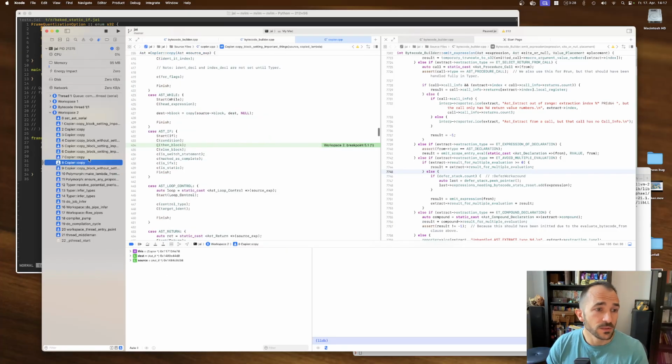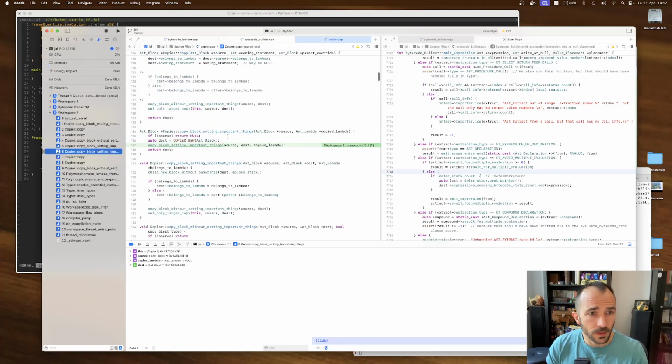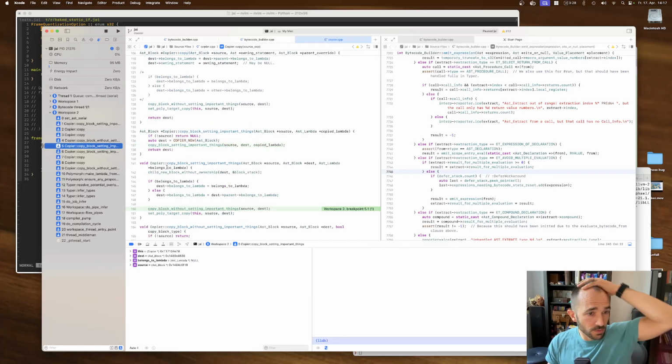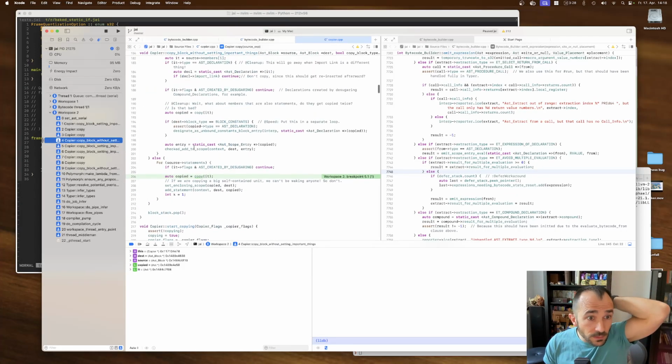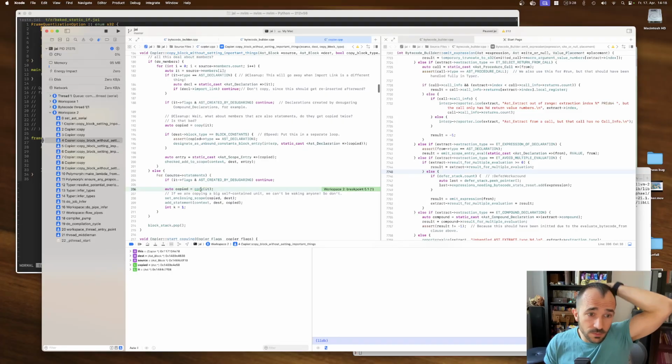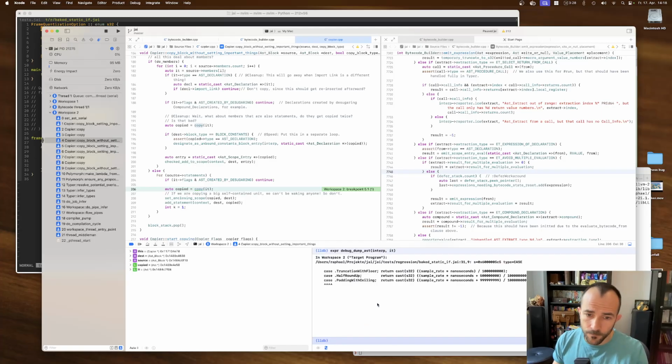Okay. So we do copy. What? Yeah, we have an if, we do the then block. And we copy block setting important things. Again, and then for all the statements, we copy them. And I guess if we look at this one, yep, it's the switch statement.